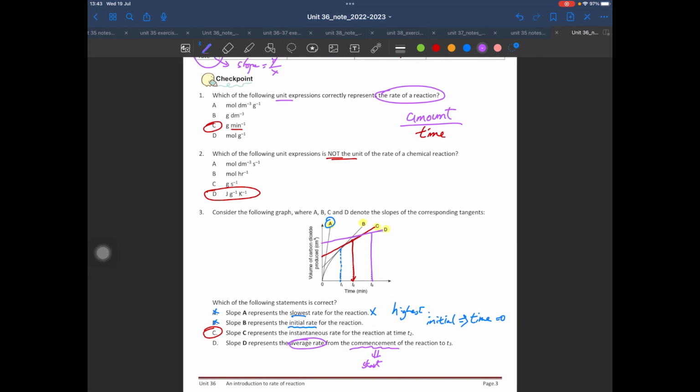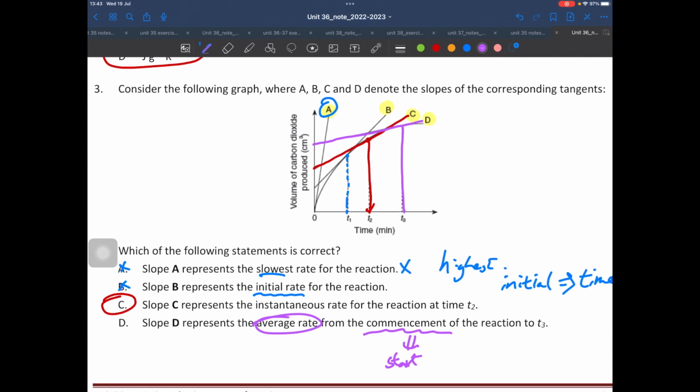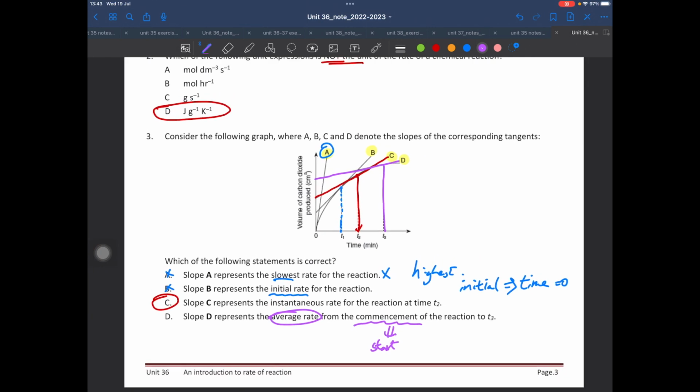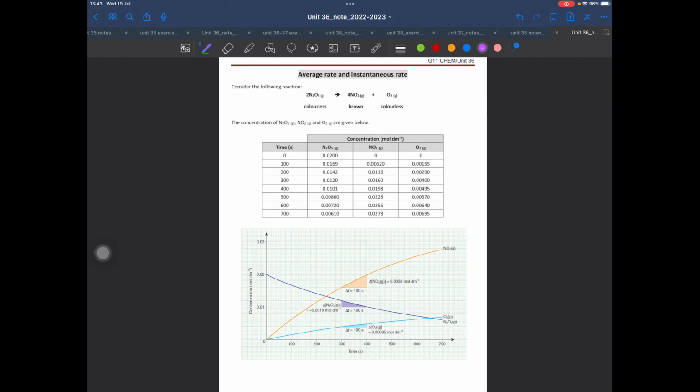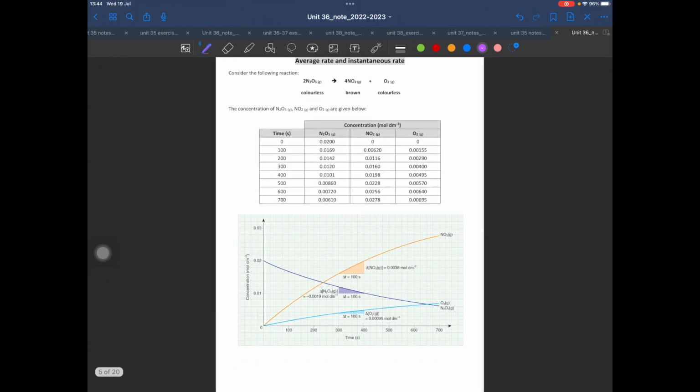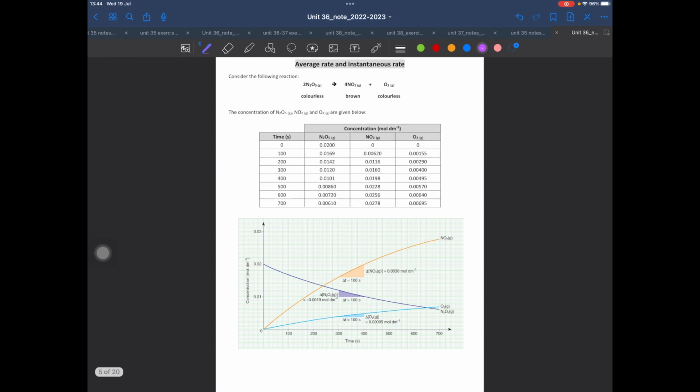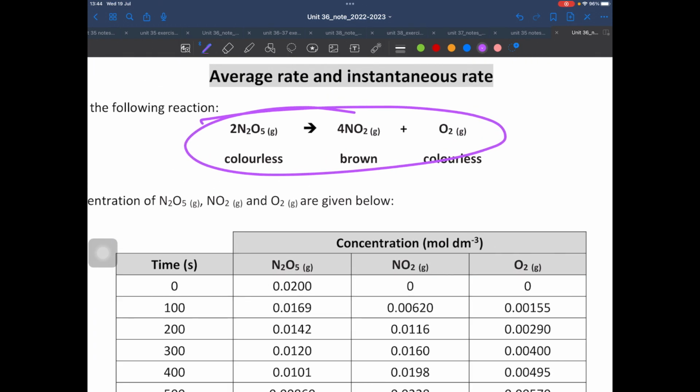So yes, the answer is C. This is slope D is not the FH rate. Slope D is actually the instantaneous rate for T3. Right. So in exam, so for example, you are given this equation. Now, but we need to consider